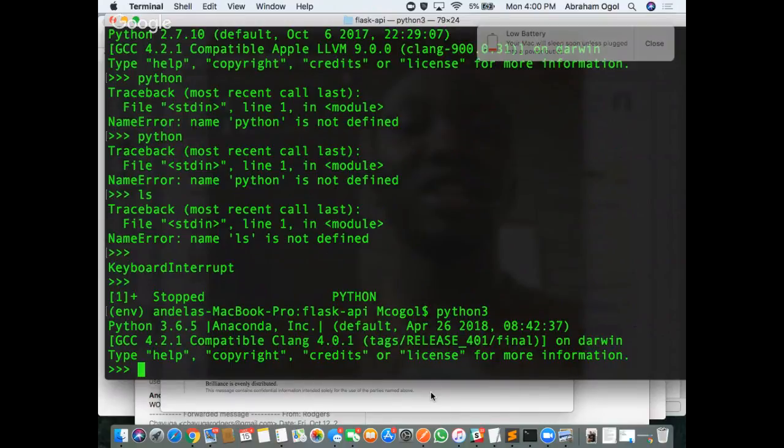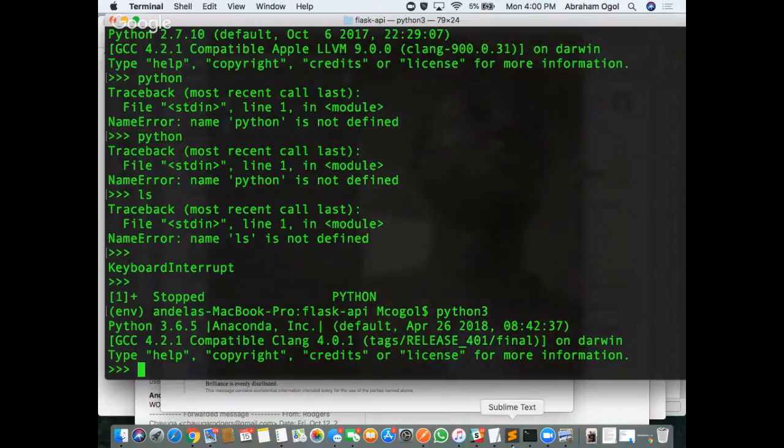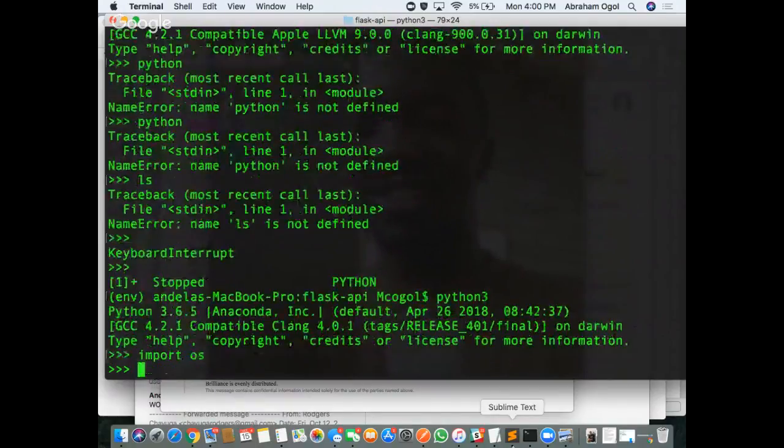So how do we get that connection? We have actually saved it right now to our terminal, right? So how do you get that connection? It's always just a matter of importing OS. You import OS and you just say print os dot get